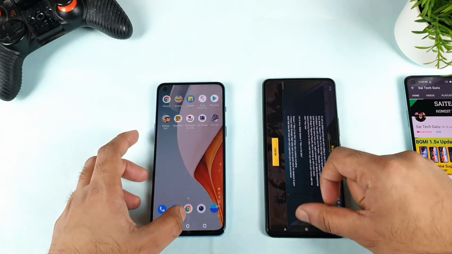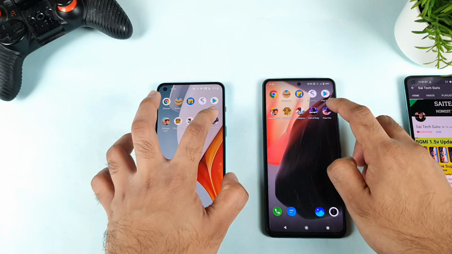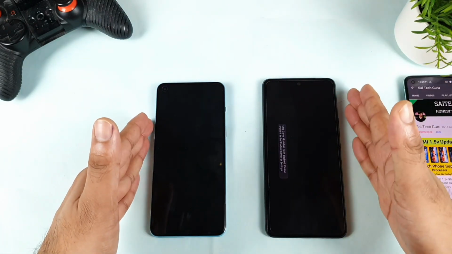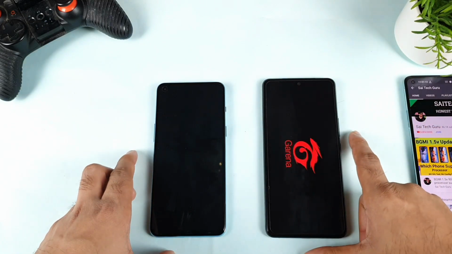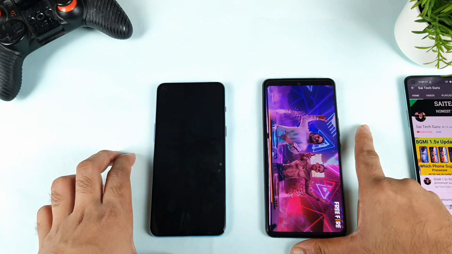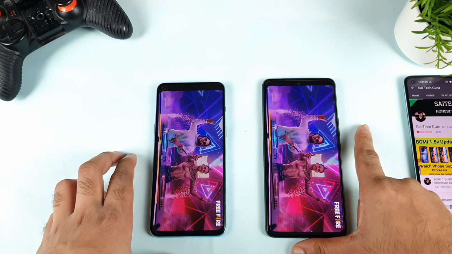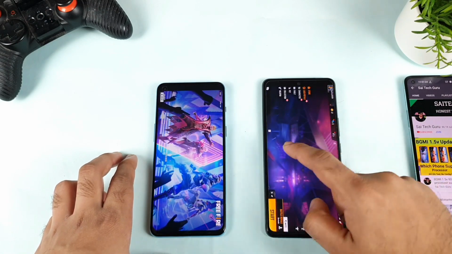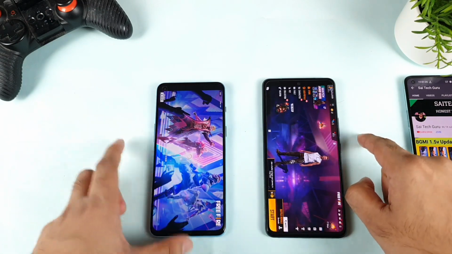Not bad. Okay, as you can clearly see the difference. And the final game is a FIFA game. Let's see the FIFA game, OnePlus Nord 2 and the iQOO 7 device. So which phone will be able to open faster? The iQOO 7 device did open faster than the OnePlus Nord 2 device. Not bad. As you can see the difference between both phones and the OnePlus Nord 2 device.